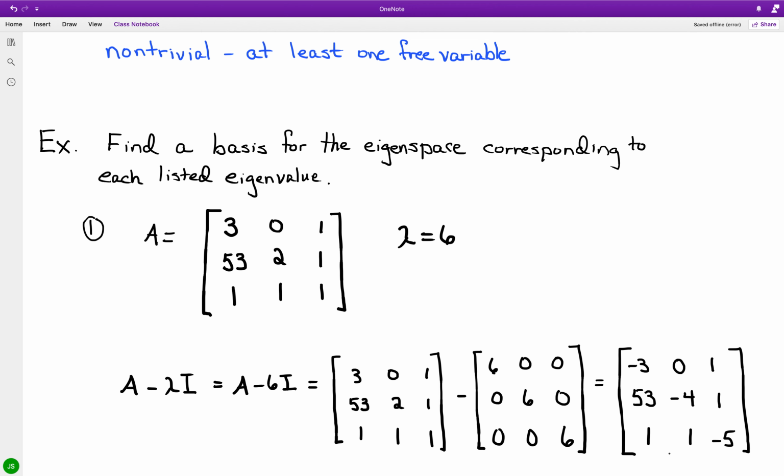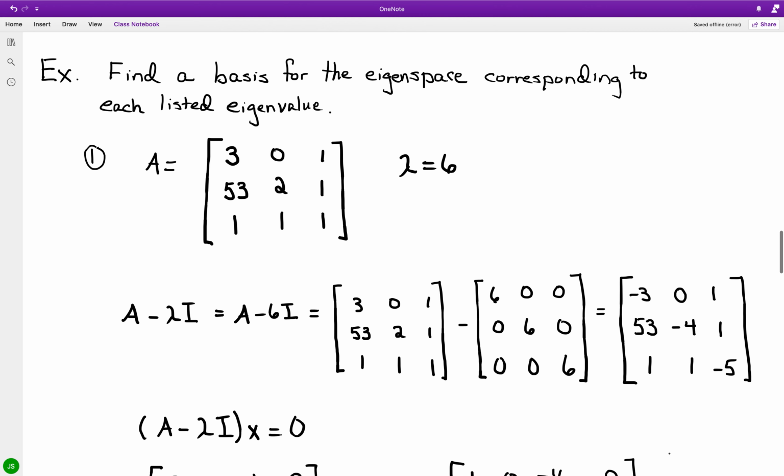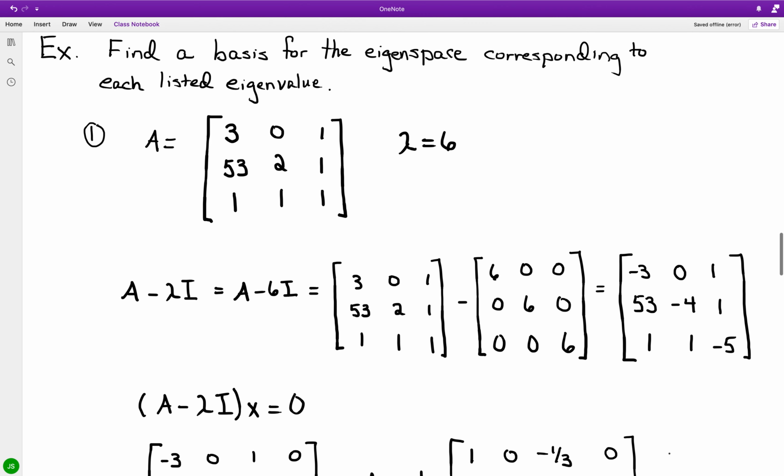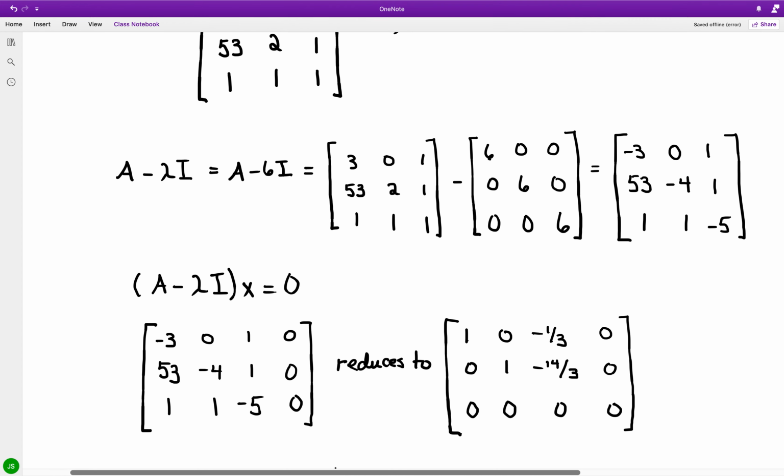With the difference set up, we can take that times x and set it equal to 0. Writing this as an augmented matrix, we go from the 3 by 3 of A minus 6I to a 3 by 4,